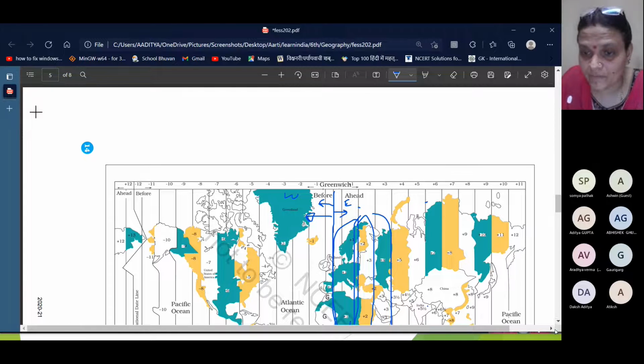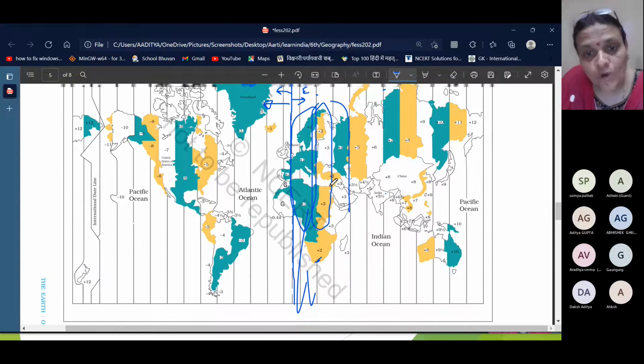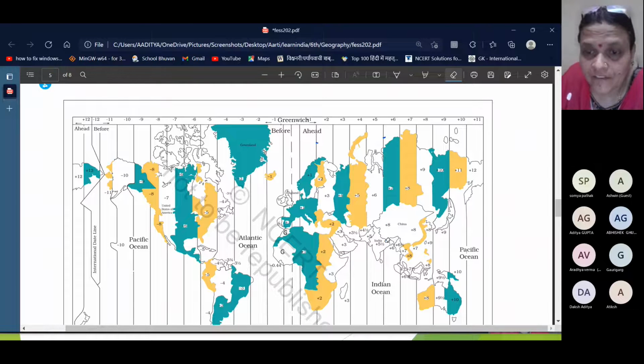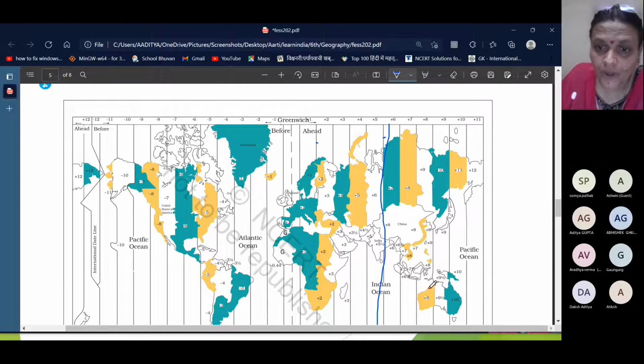the same timing. For the whole world, the time is Greenwich Mean Time. We follow Greenwich Mean Time, and it is standard. It is set for everybody. But in India, if you have to take standard time, it is going to be the place near Mirzapur, Lucknow, UP. That is standard time. If we take that time, we will not be 2 hours late or 2 hours fast. If I ask you what is the time in your watch now?